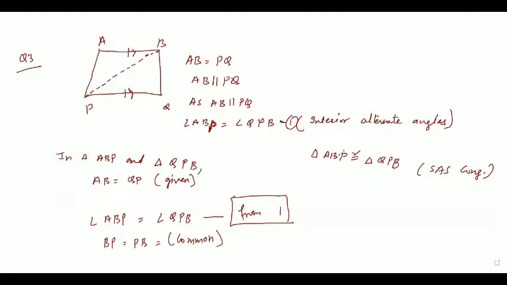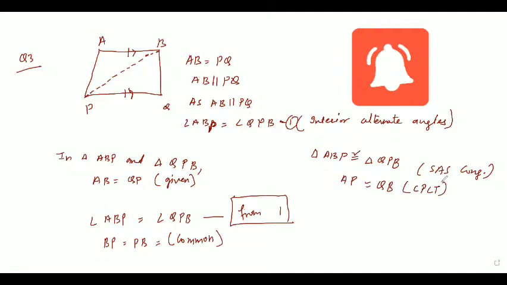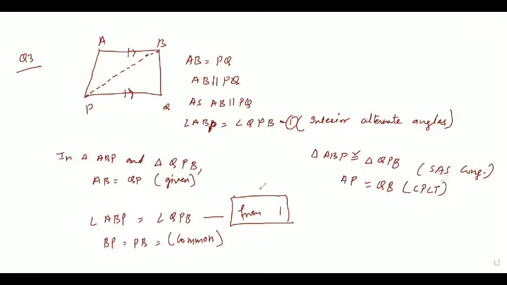If both the triangles are congruent, so we can say AP equal to QB by CPCT. CPCT means corresponding parts of congruent triangles. So we can say therefore